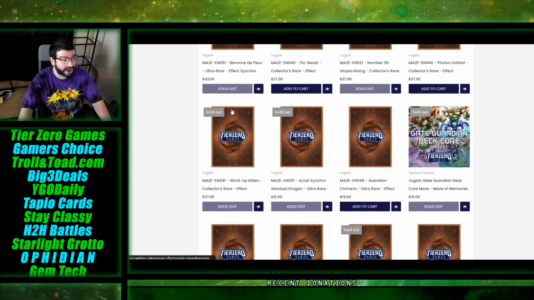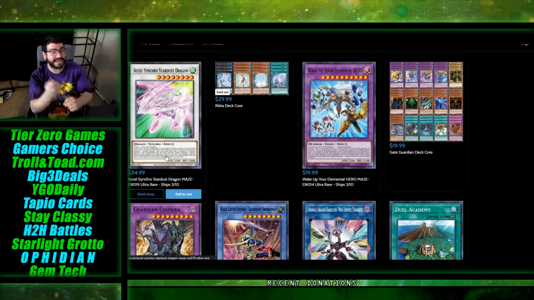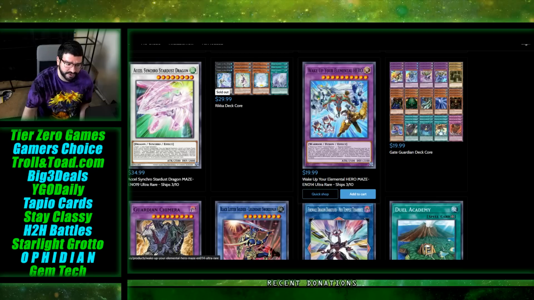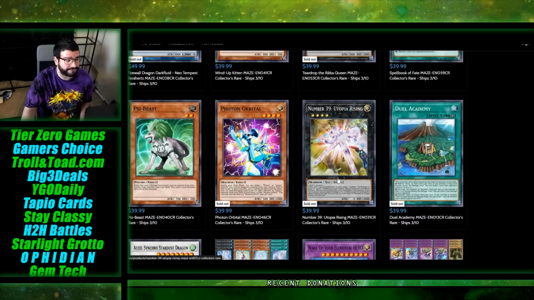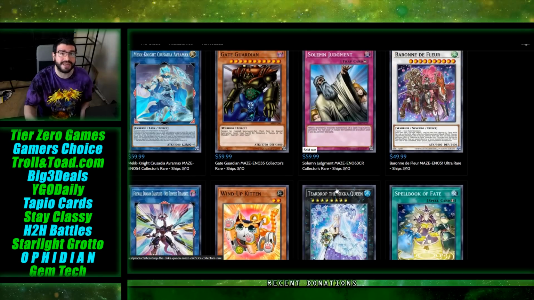Look for Tier 0 to also put up the other collector rares later, but I think Gamer's Choice has been hitting it out of the park and just trying to turn and burn the set overall. Now, Wake Up Your Elemental Hero, I think they did put up in price versus earlier, so maybe sales rates were really good on that, or they're just trying to keep in some finalized stock as people do come and